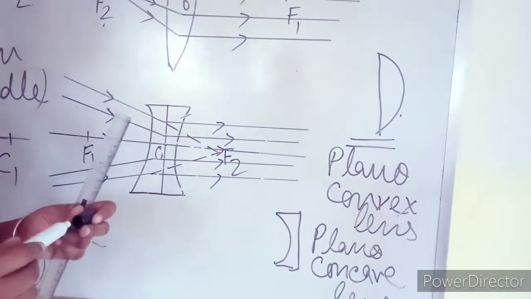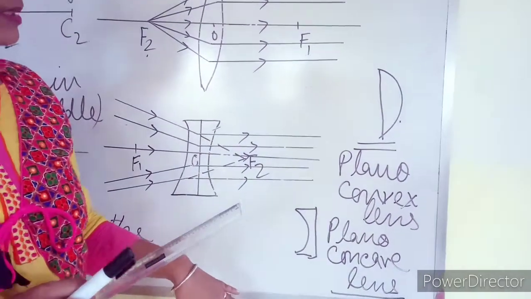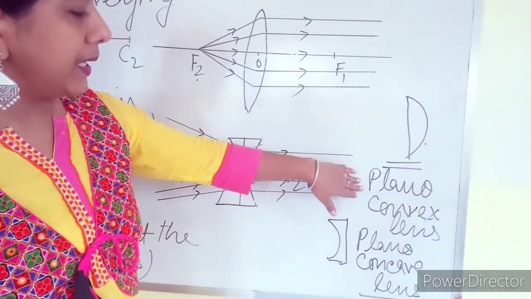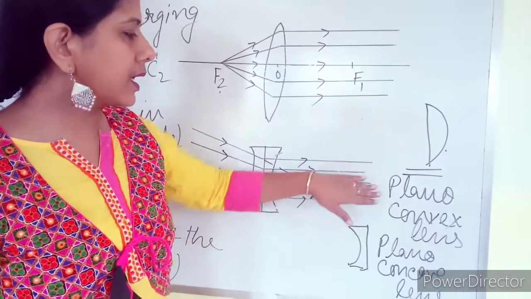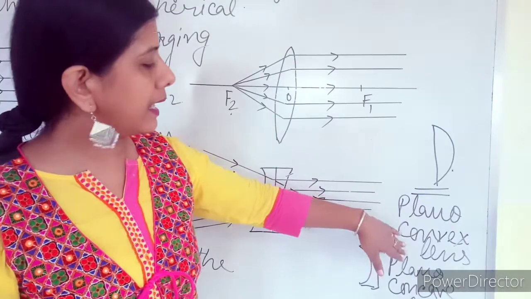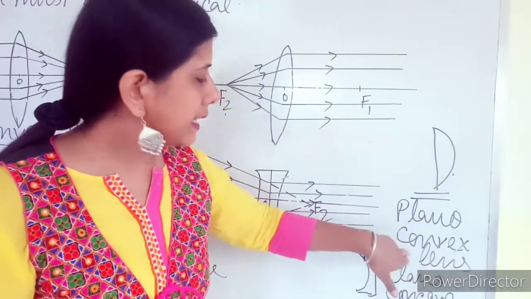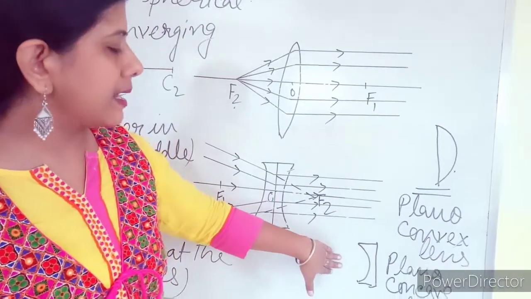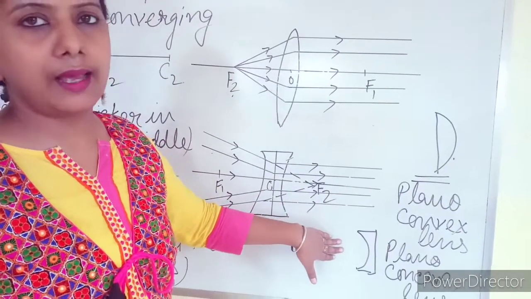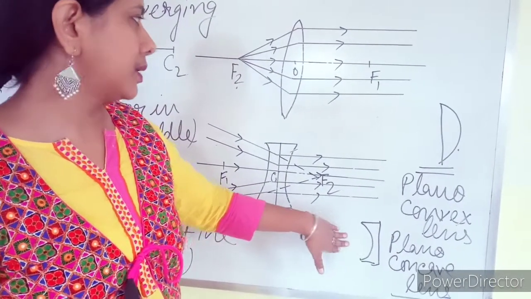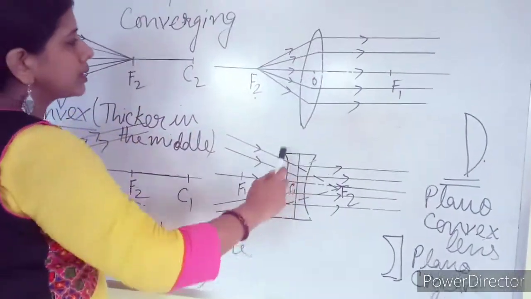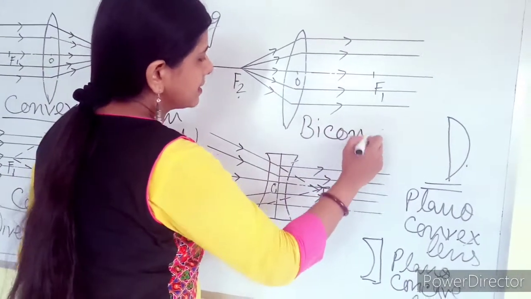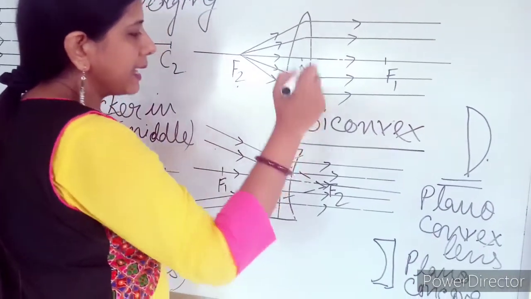These things you don't have to learn now, just for an idea I am giving you these things. That is, it can be categorized into more forms. Another category can be concavo-convex. Concavo-convex means one side is concave, another side is convex. The main lens is convex, but the other side can be concave. Similarly, this one can be written as convexo-concave. Those things you are not going to learn, but the kind of lens where both sides are convex is also known as biconvex lens.